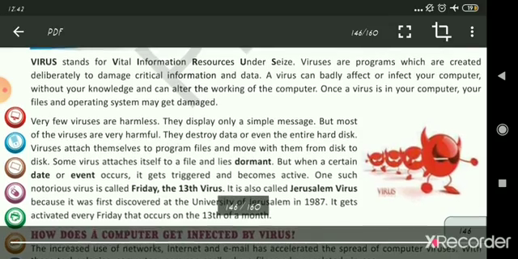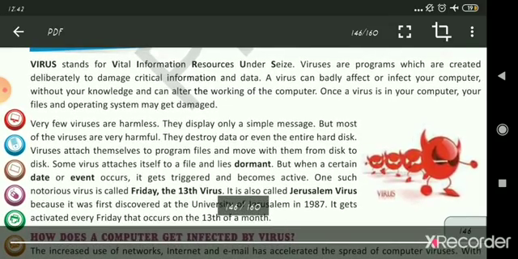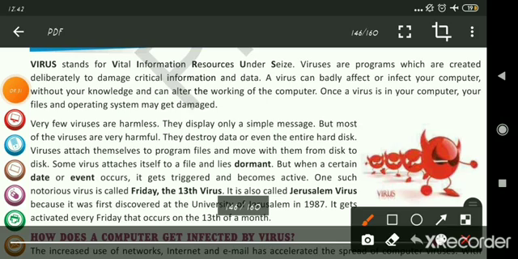Viruses attach themselves to program files and move with them from disk to disk. So first of all, they attach to the program files, and then wherever you copy those files, they will be moving with them, from one disk to another disk.